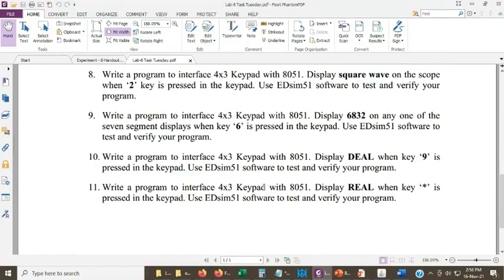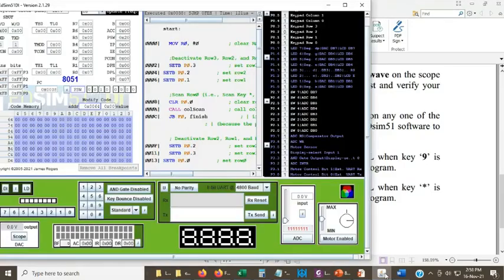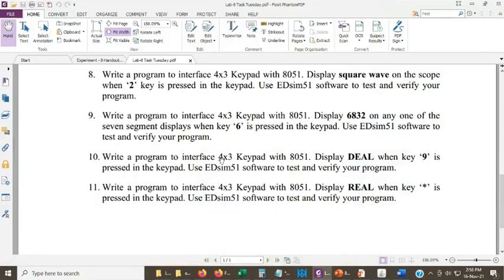I have taken approximately 1 hour, so you have 2.5 hours to complete your job, provided you keep in mind you have the program of the keypad, which is very clear. The only thing is you have to detect a particular key which is allotted to you, and depending on that key you will have to take help of your previous knowledge of displaying on 7 segments or displaying waveforms using DAC. Mix these two programs and come up with this solution.